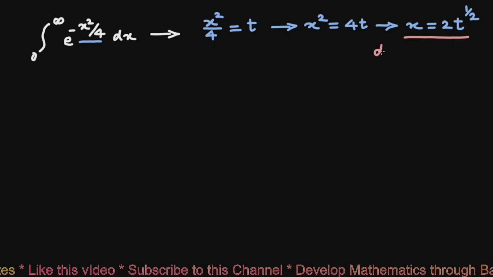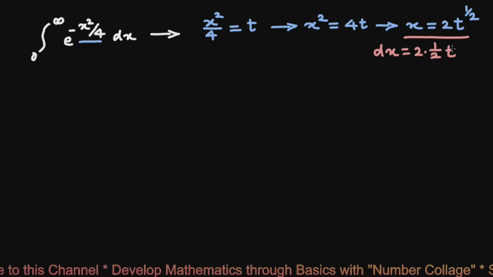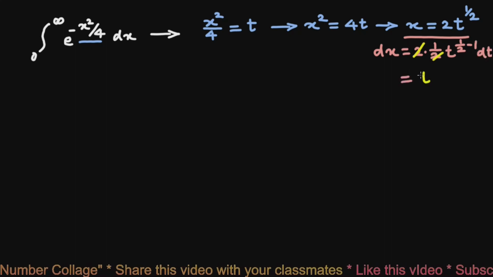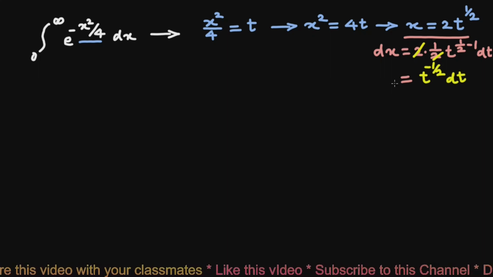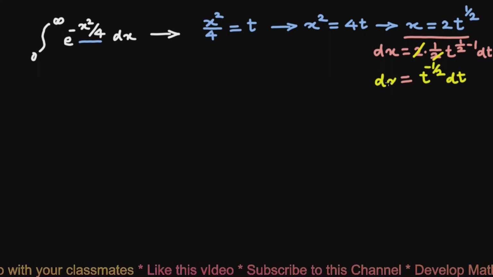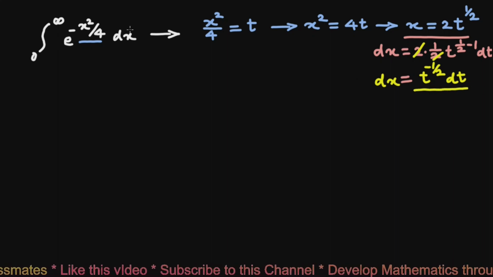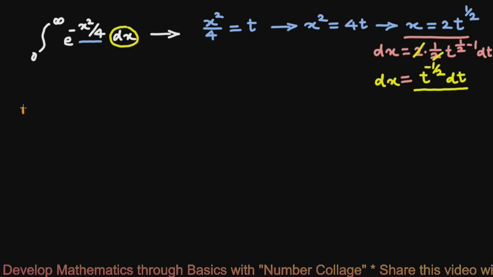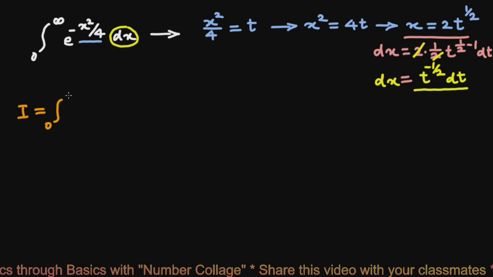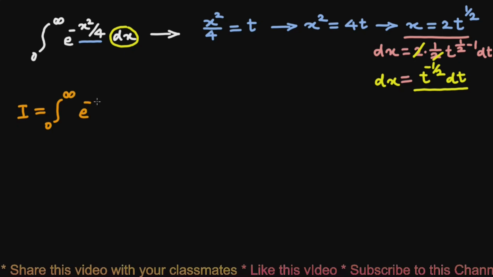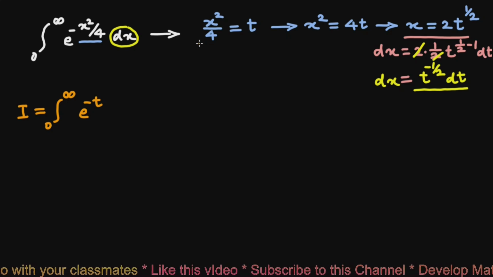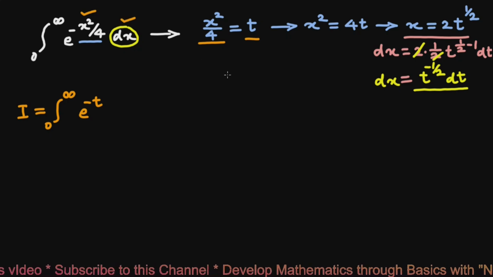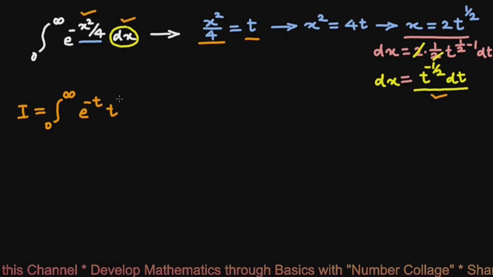It will be dx equals 2 into half t raised to half minus 1 dt, that will be, after cancelling these two, t raised to minus half dt. So we have got here dx equals t raised to minus half dt, that we will use for this dx. So our integral will become the integral from 0 to infinity of e raised to minus t after substituting for x square by 4 t here, and in place of this dx we will substitute this t raised to minus half